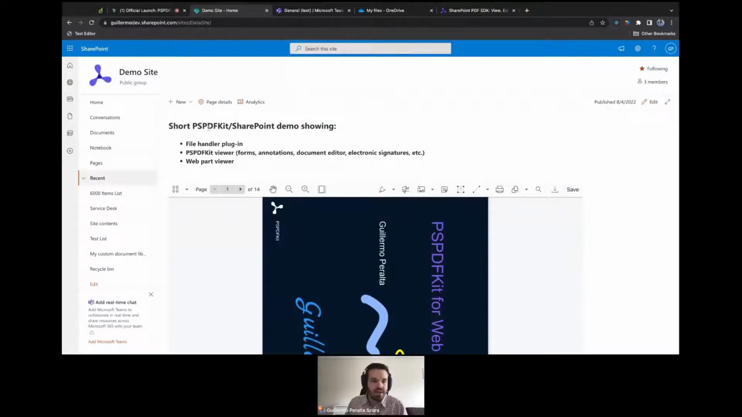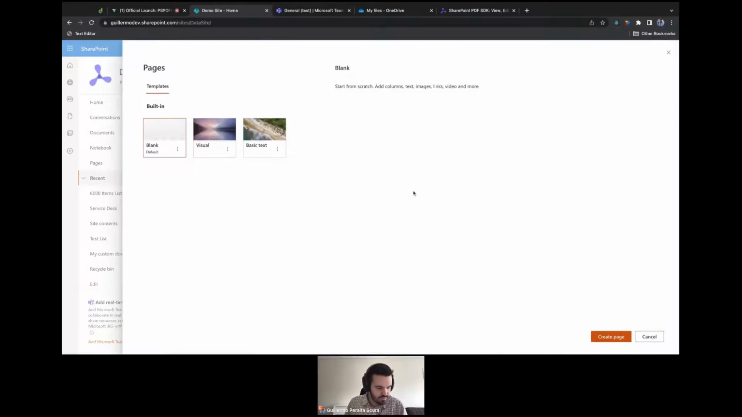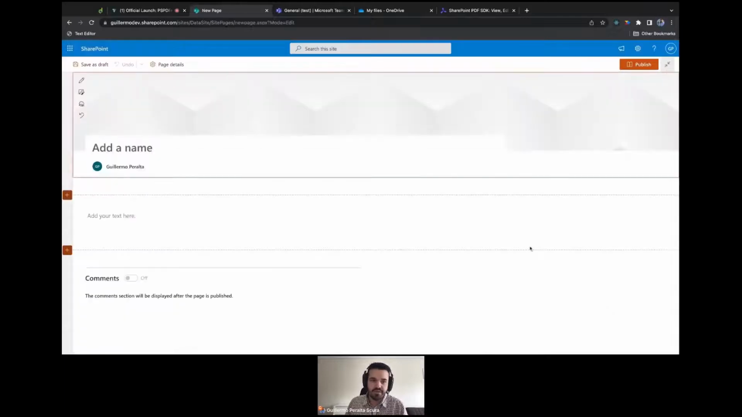Let's go ahead and see how I can add one of these web parts into a SharePoint page. So let's create a page. Then I can select a template. In this case, I just use the blank template. So I will add a name to my page, in this case, brochure. And as you can see here,